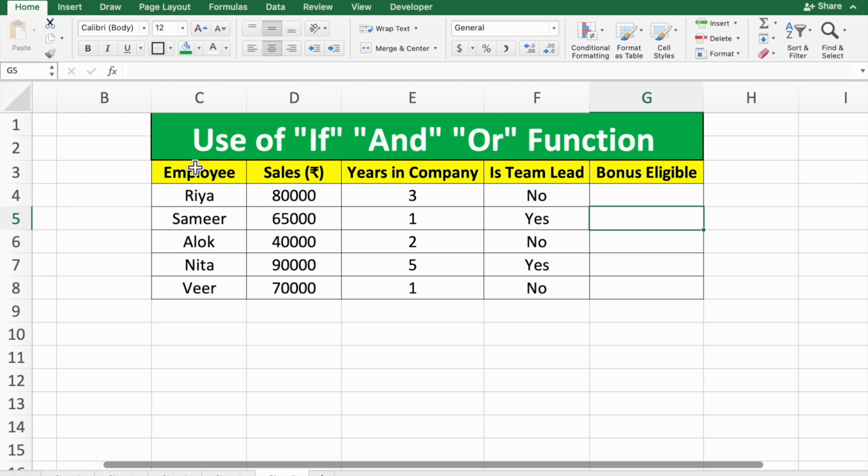Here you will see I have these columns: employee, sale, company year, is team lead, and bonus eligibility. I want to use all these columns to set the bonus eligibility criteria. My first criterion is: if the employee has sales over 60,000, then he is